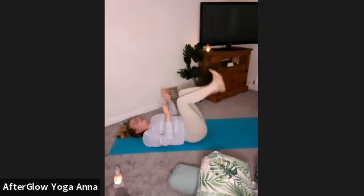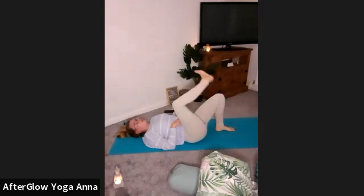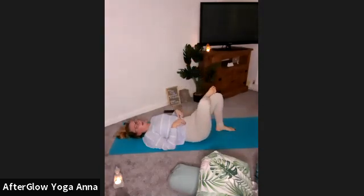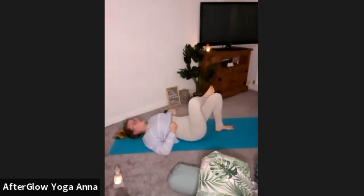And then gently place the feet back to the mat. You're going to lift the right foot up, and then we're going to place the right foot on top of the left thigh. So building up towards pigeon, reverse pigeon. But before we do that and go into the pose fully, I want you to place the right hand on